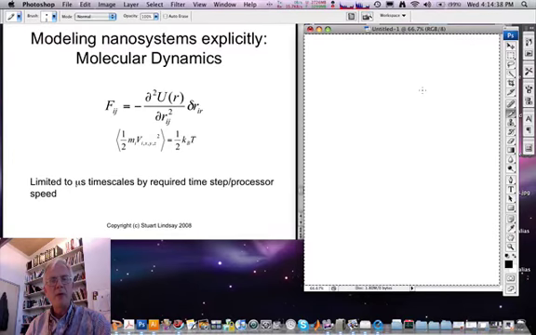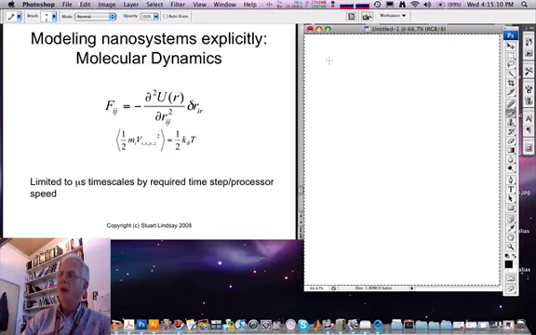So now we understand the role of fluctuations in small systems in a rather generic way. We turn now to an attempt to understand the fluctuations in detail by modeling nanosystems with molecular dynamics. One of the great promises of science at the nanoscale is that the number of atoms involved is small enough that it is possible, realistically, to model these systems on large computers, subject to some constraints that we'll talk about